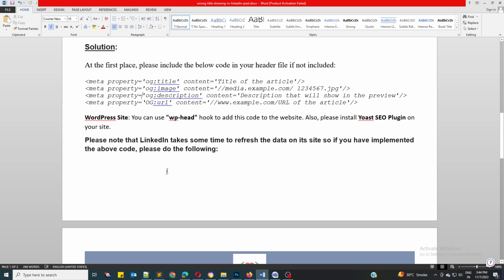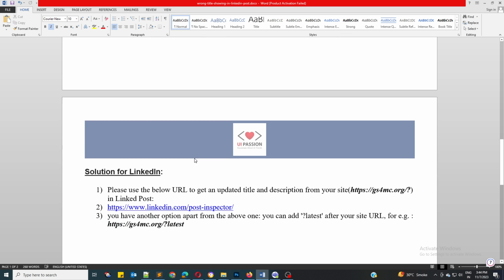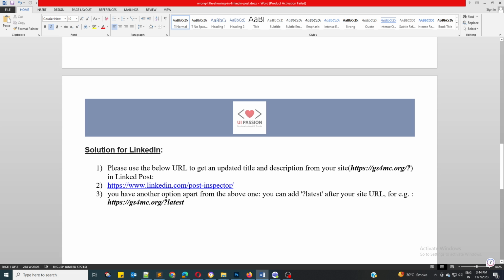Please note that LinkedIn takes some time to refresh the data on its site. So if you have implemented the above code, please do the following. You have to open this URL.